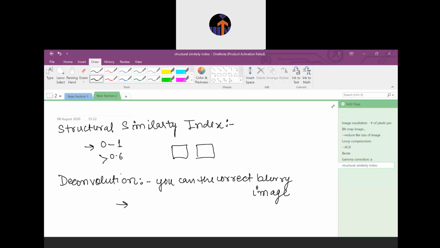So actually, what happens in a blurry image? What is happening here? If this is an image and it is blurred, you have to select a particular point, because you don't have to look at the whole image. Suppose you look at the whole image, that will also work. So you have to select the particular point, and by using this point you have to apply the PSF function, that is called point spread function. All the things I will elaborate one by one in the upcoming lectures.